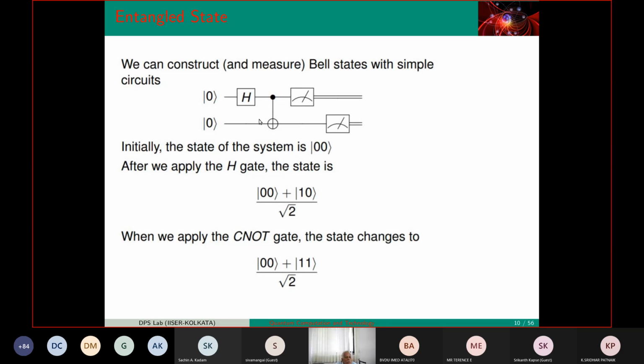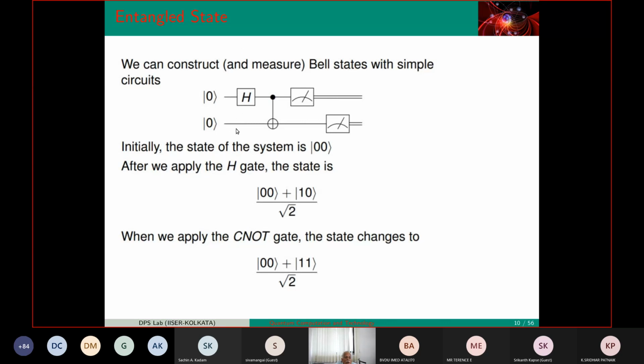This looks like a good old electronic circuit. So here is the register 0. Every register to start with is 0. Whatever you want to do, you can do. You can actually pull these gates. If you go to IBM, you can drag this gate and put it here. This is the notation for Hadamard. It always acts on a single qubit. The single qubit is evolving as a function of time. So Hadamard is the operator here, a single qubit operator.